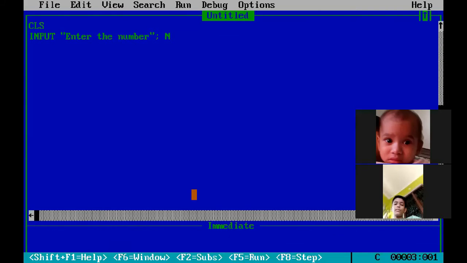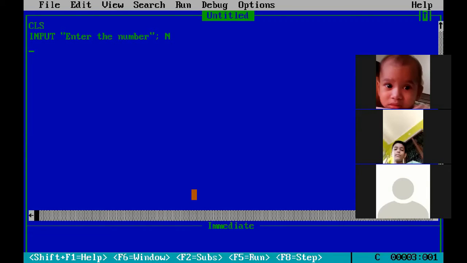Now let's see the next line, that is if n is greater than 0. Here we are going to give a condition using the if command. If this n is greater than 0, we will type then.